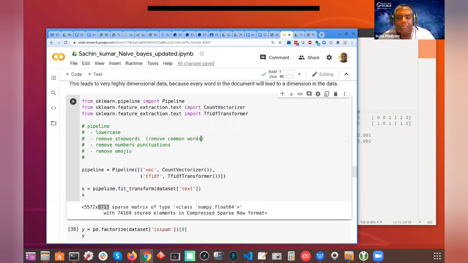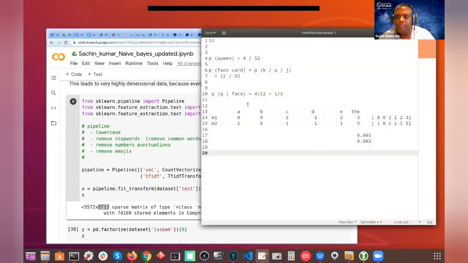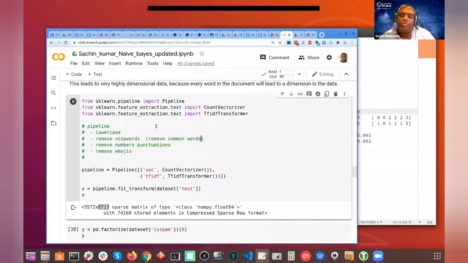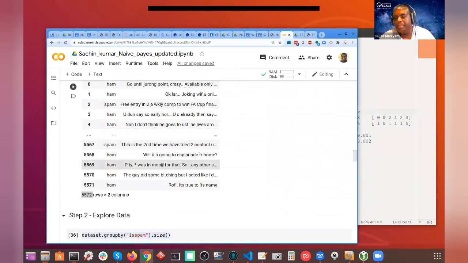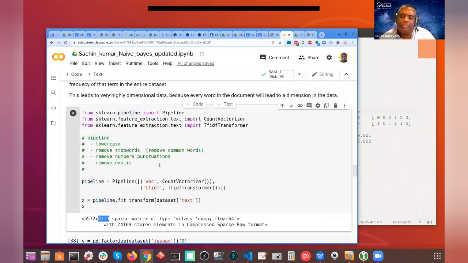All right, let me run through the questions real quickly, guys. Yes, one column per word, because you want to count each occurrence of the word. That's why your matrix becomes what it is. When the algorithm went through my entire data, look at the final matrix.